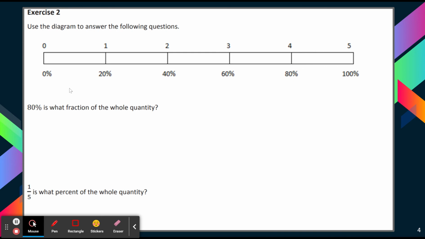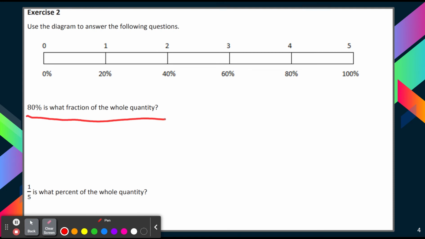If I'm breaking up that 100% into 5 sections, I know that I have to divide by 5, which is 20%. So 20, 40, 60, 80, and 100. So looking here, 80 is what fraction of the whole quantity, or 80%. Here is 80%. It aligns with our 4. Our whole is 5, so it is